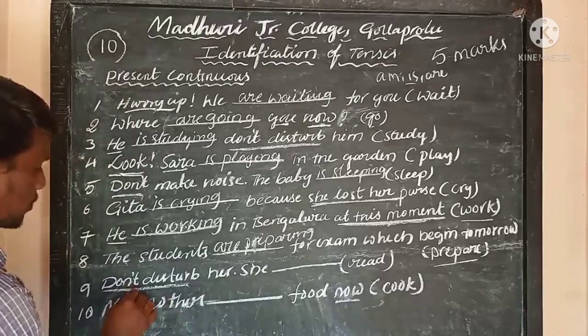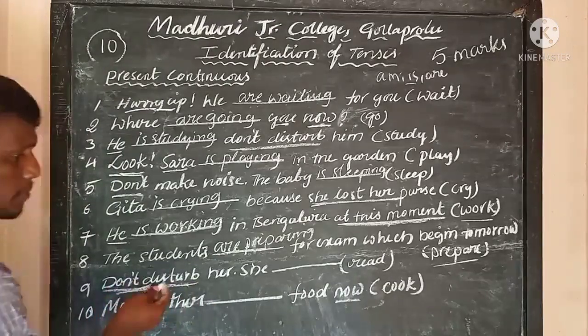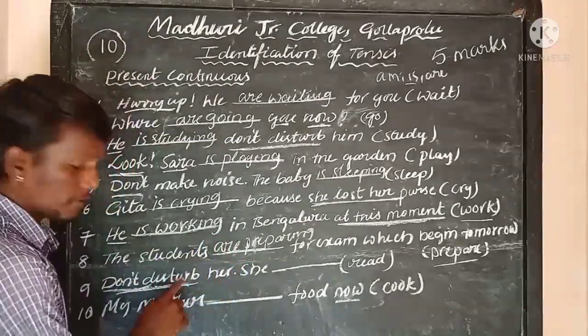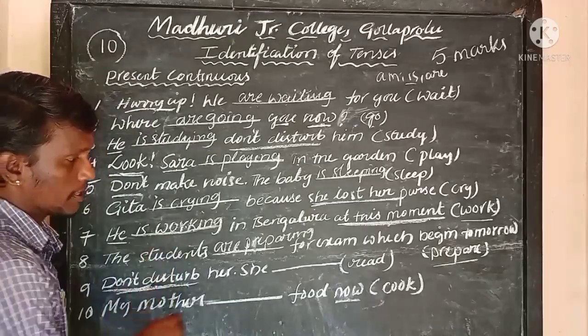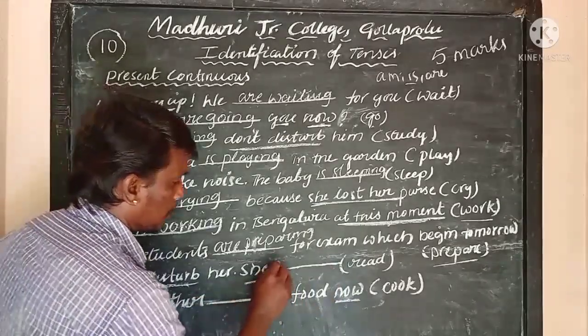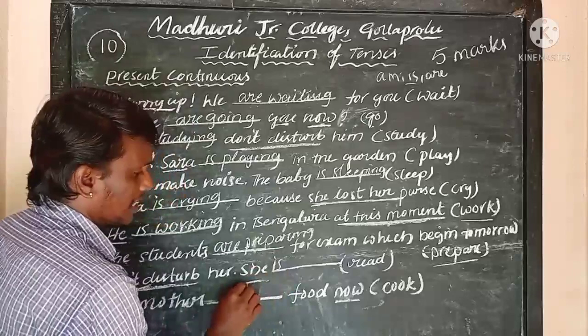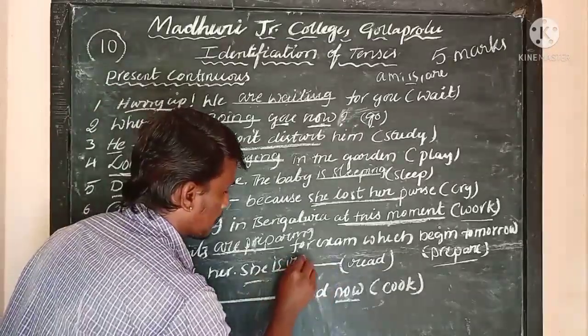Okay. Now coming to the don't disturb, again we find don't disturb, as it indicates present continuous tense. Here the subject she is given, the right be form for she is is, and read plus ing form,